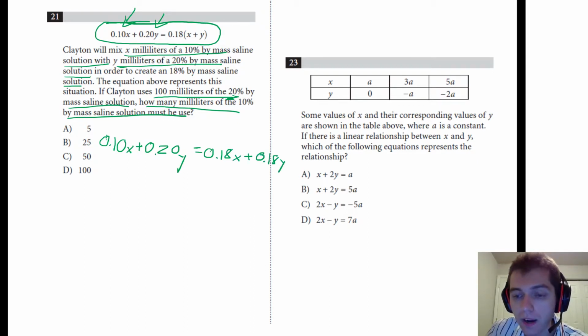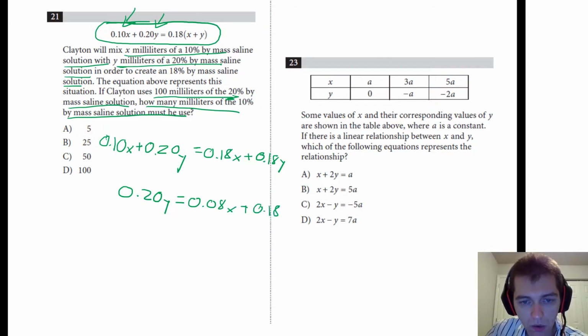Okay, so let's subtract 0.1x from both sides. So it'll completely get rid of it from the left side, leaving 0.2y is equal to 0.08. We're subtracting that 0.1x plus 0.18y, and then subtract that 0.18y to remove it from the right side. So you'll be left with